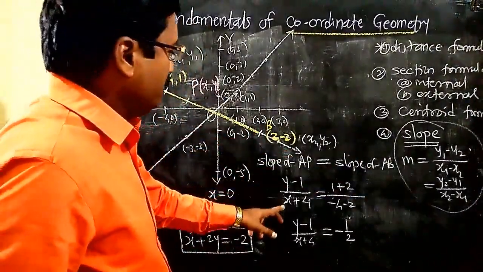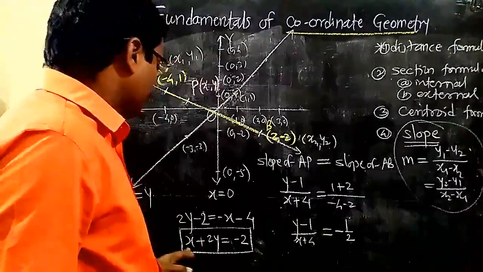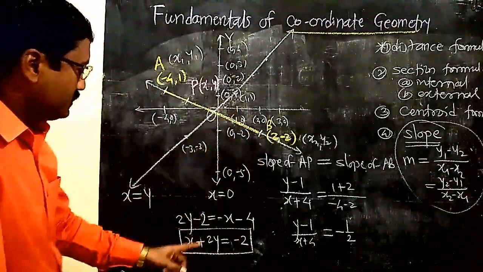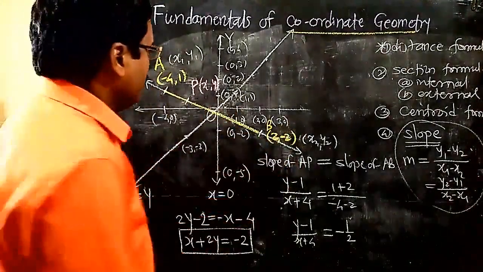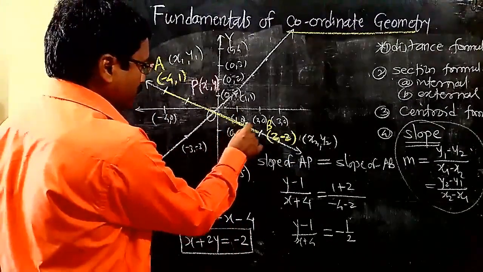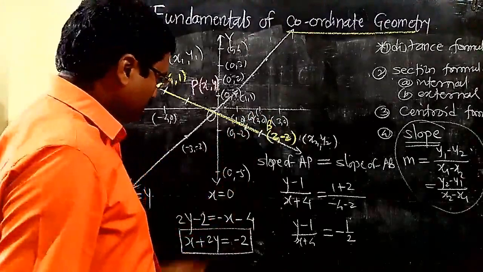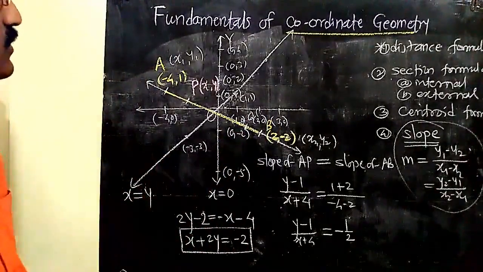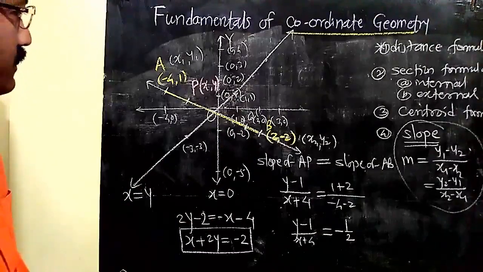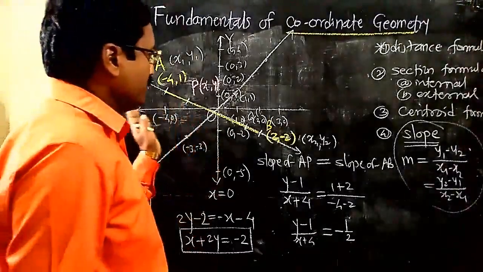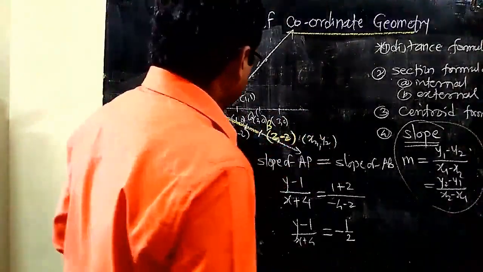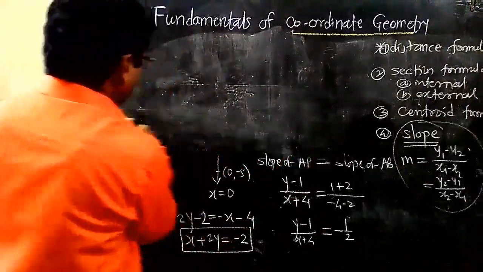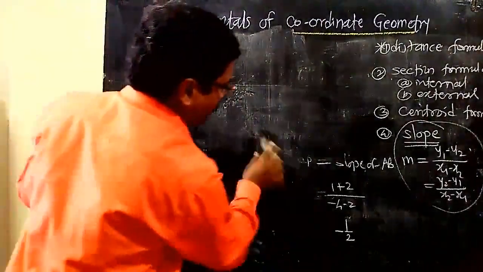So the slope of AP will be this, the slope of AB will be this, and after simplification, this condition is nothing but the equation of the line, which is satisfied by each and every point of that line. If we take any point here, say point Q, then it will also satisfy the equation of that line. So this is about the equation of a line. Now a line may be the x-axis, or a line may be parallel to an axis. Let us see the equations of lines which are parallel to the axes.